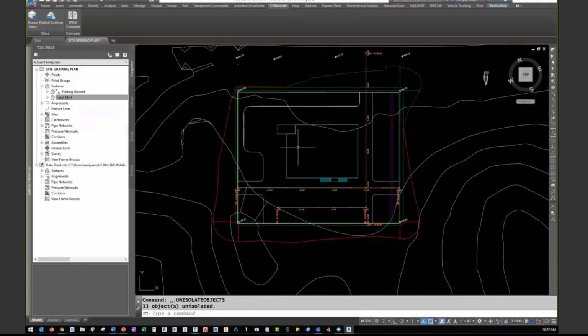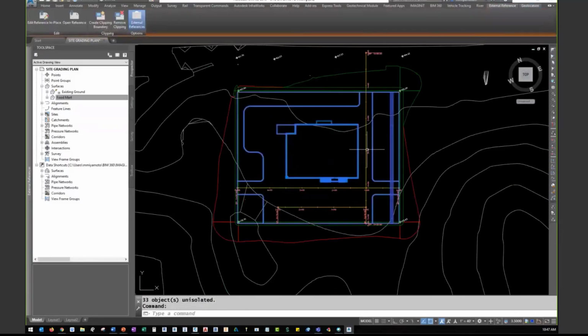And you can see here that the drawing file is now there in the background. This is the exact 2D exported drawing from Revit. And with the standard next steps within my design process, I would start to now take a look at the shape, look at the area where the parking lot is, and start to develop my proposed grading plan. So that's how I can take that information directly from BIM 360 docs using the desktop connector